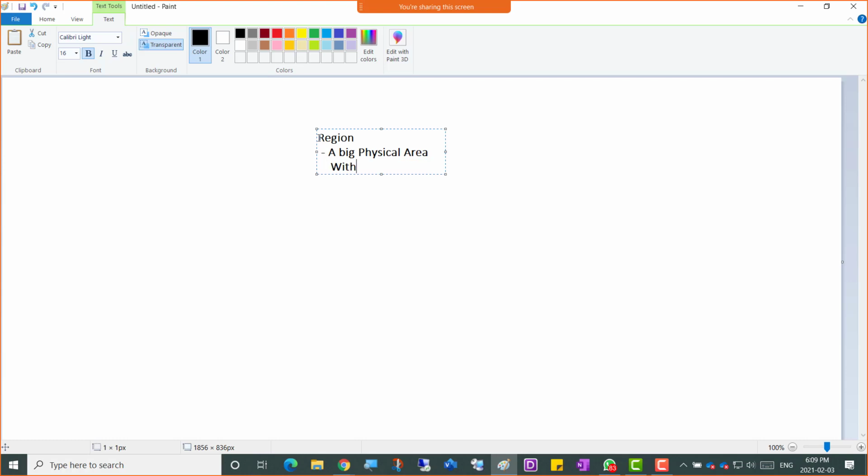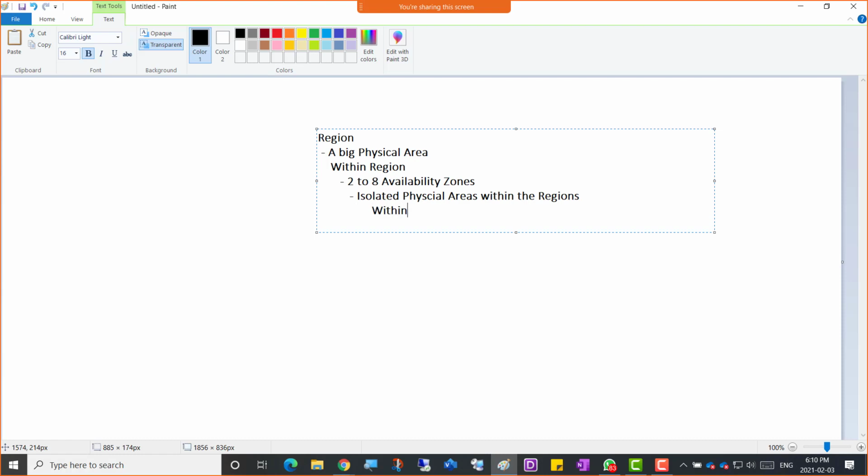And then within region, so within region we would have 2 to 8 availability zones, right? So try to remember it this way, availability zones, right? And now availability zones, we can say isolated physical areas within the regions, and then within each availability zone there can be, we can say, 2 to 8 data centers,